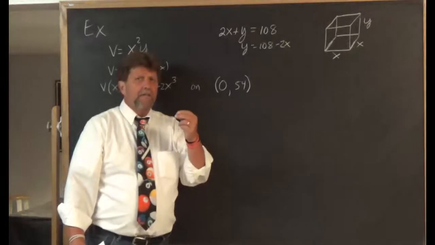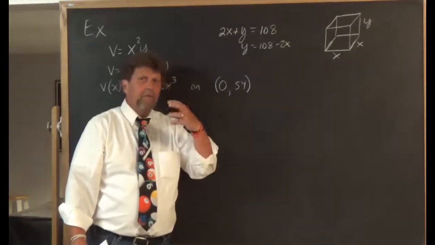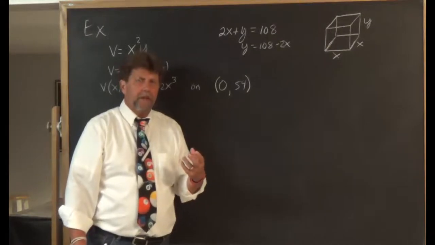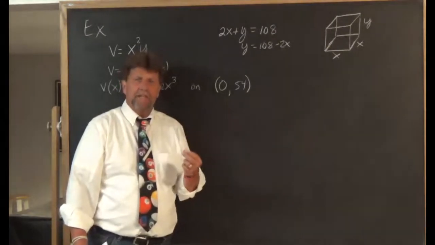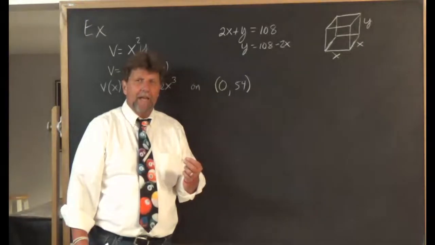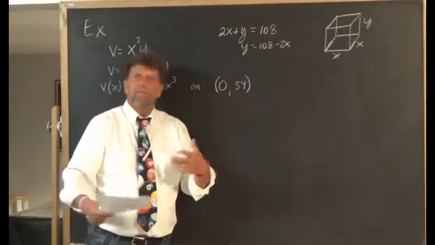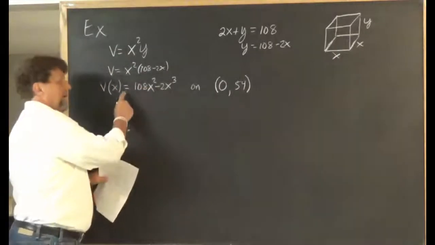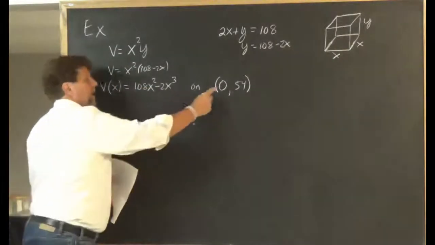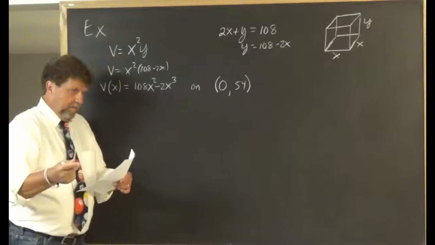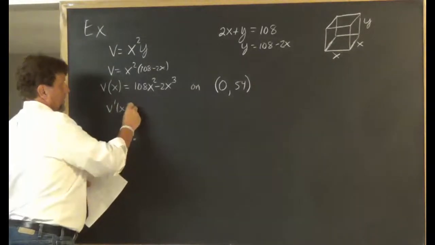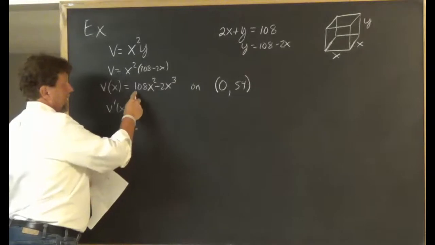I can't use the techniques of finding an absolute maximum on a closed interval that we saw earlier in the chapter. This is where the power of the second derivative test will come into play. So let's continue. We're trying to maximize this on that interval. Well, we need the derivative. So the derivative is